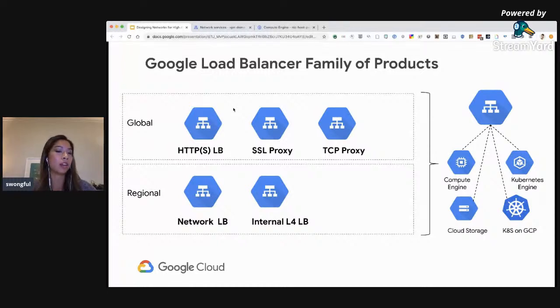Also, if your app is running on GCE or GKE, you can choose the most appropriate type of load balancer depending on the type, source, and other aspects of the traffic. Yeah, so take a look at what is the most appropriate for your architecture. Alternatively, we also have other managed services like, of course, App Engine and Cloud Run, and they already handle load balancing for your traffic. So you don't have to set up a load balancer specifically for that, but they will have auto scaling capabilities and scale down to 0 for Cloud Run as well.